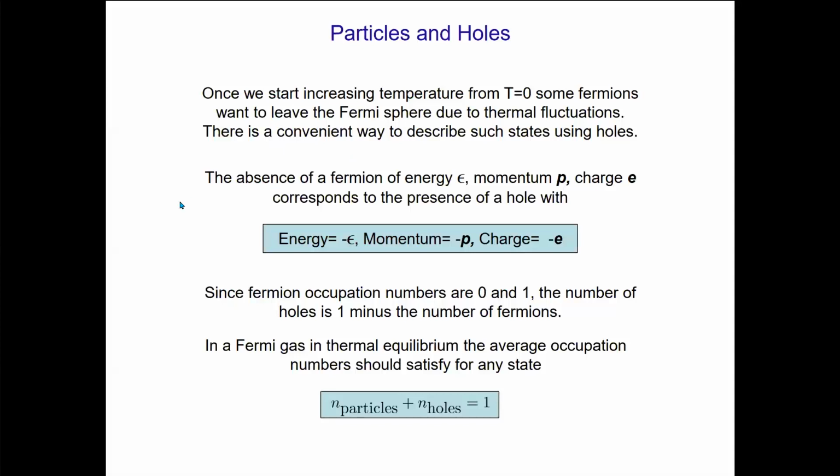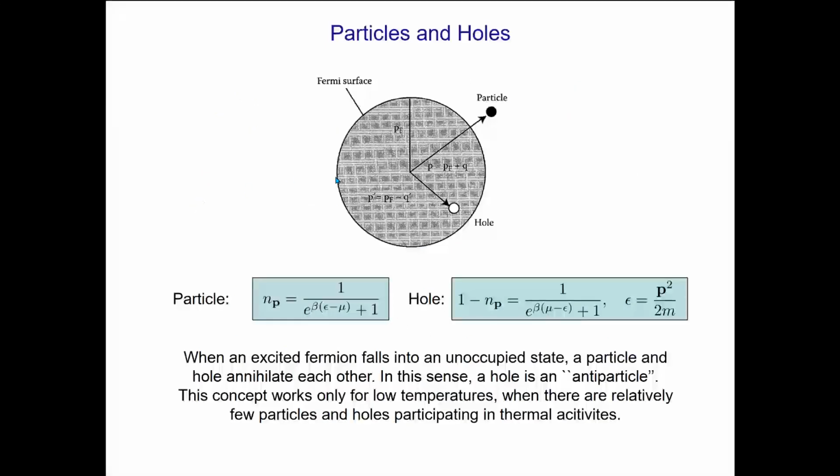Let me just demonstrate it using this picture. Imagine this is our Fermi surface, and let's assume that one of the fermions has enough energy to escape the Fermi surface and become, for example, a conducting electron in a metal. As a result, there is one fermion missing under the Fermi level, and we call it a missing